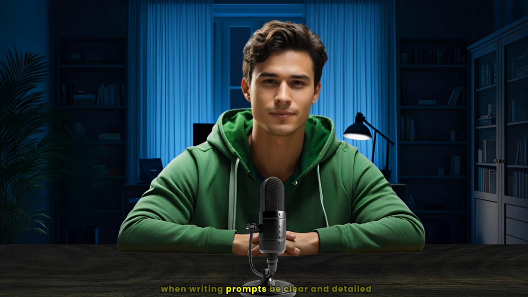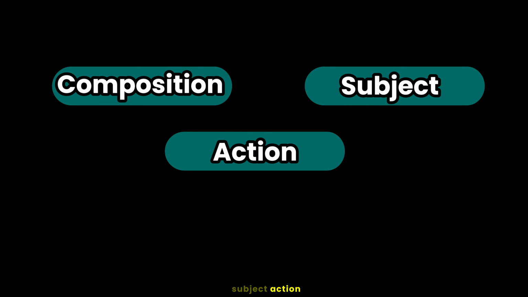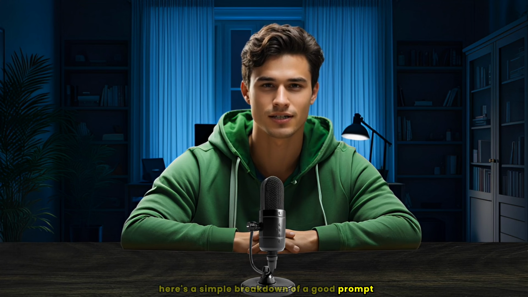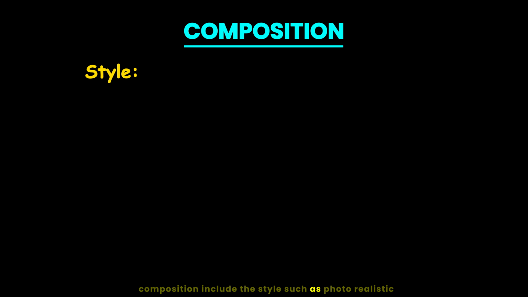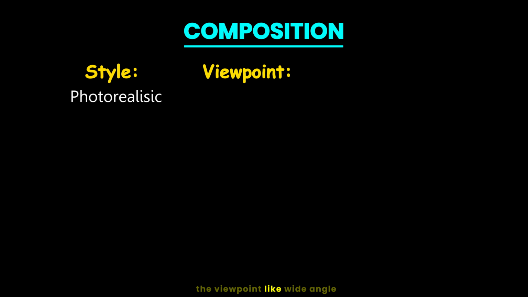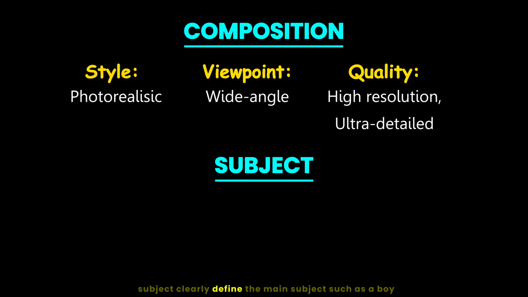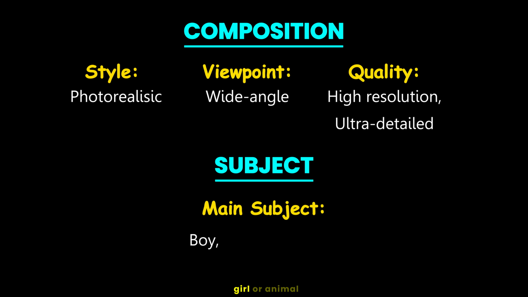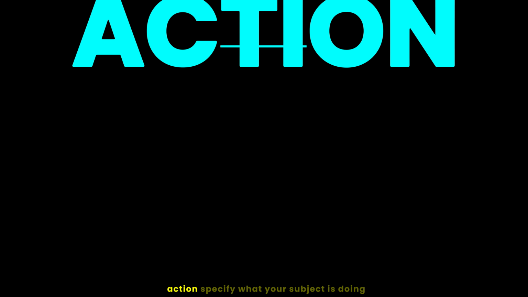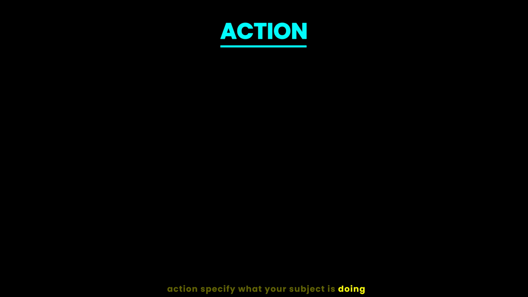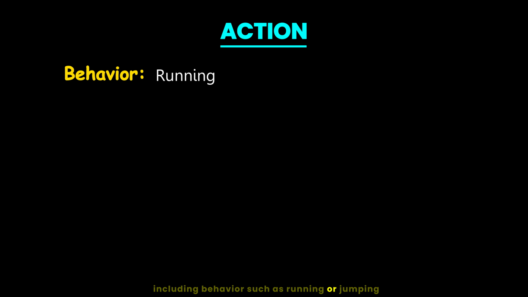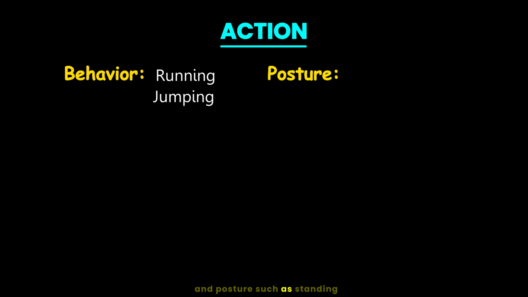When writing prompts, be clear and detailed. A good prompt includes composition, subject, action, body, and background elements. Here's a simple breakdown of a good prompt. Composition includes the style, such as photorealistic, the viewpoint, like wide angle, and quality, such as high resolution or ultra detailed. Subject: clearly define the main subject, such as a boy, girl, or animal. Action: specify what your subject is doing, including behavior, such as running or jumping, and posture, such as standing, sitting,